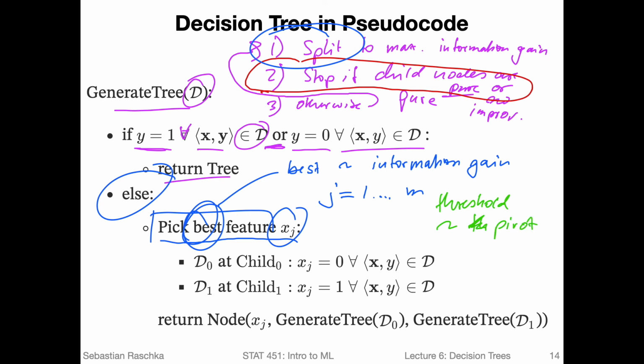So we have a threshold, where we check whether something is bigger or smaller than. We can also say for categorical variables it can be equal to. So there are multiple ways we can check that. Or if we have a binary feature where we only have 2 values, a 0 and 1, we can also just simply check whether the value is 0 or the value is 1. Or in the scikit-learn example I showed you earlier, it would be whether it's smaller than 0.5 or bigger than 0.5.